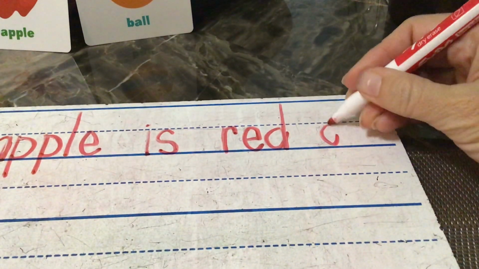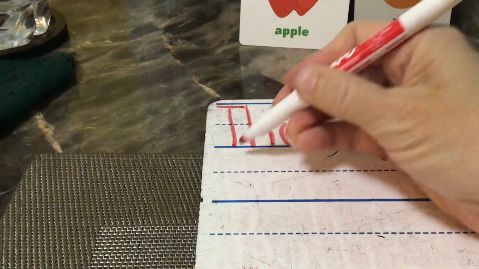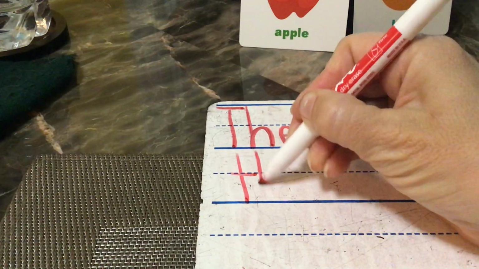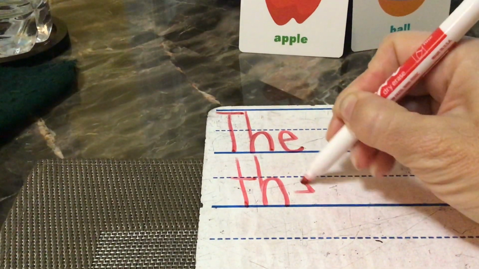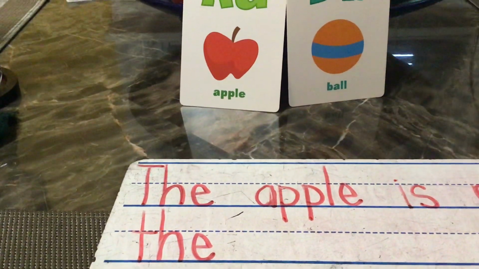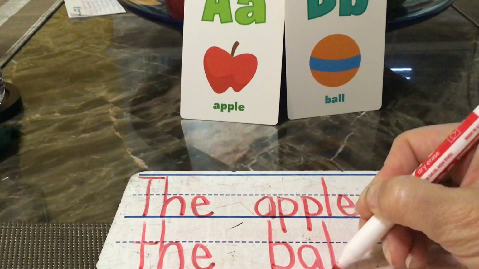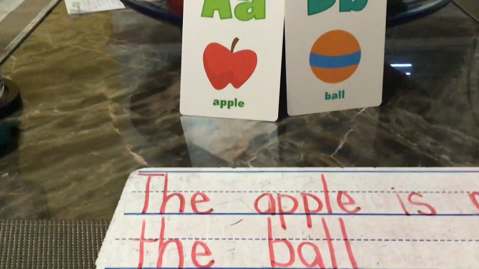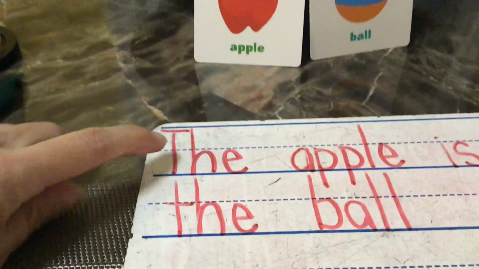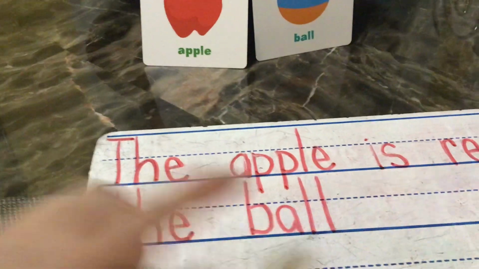And the ball. So there's how to spell ball. B-A-L-L. I'm going to go back so I can remember what it is I actually want to say. The apple is red and the ball